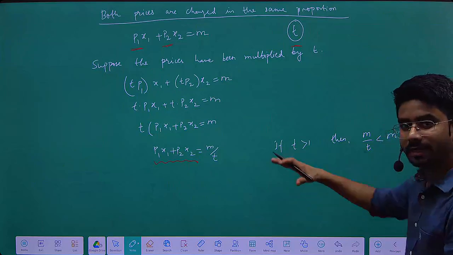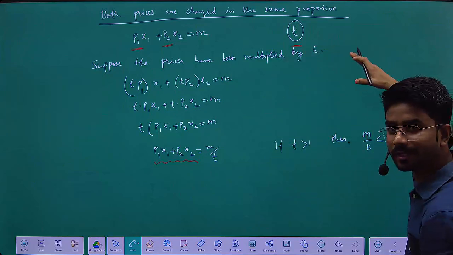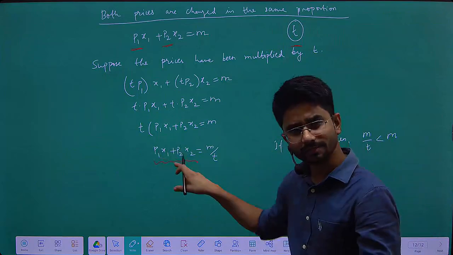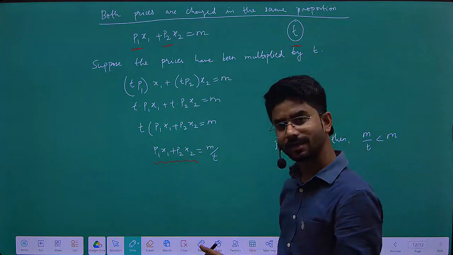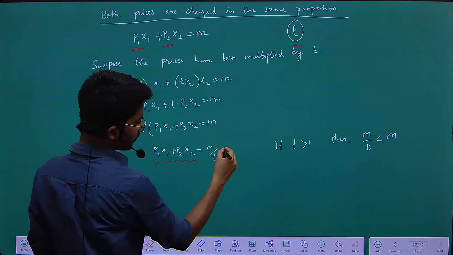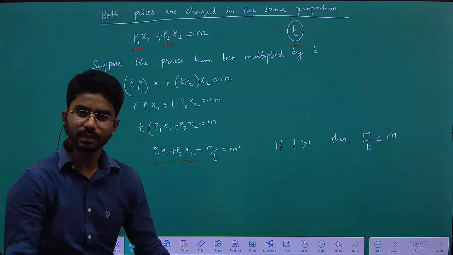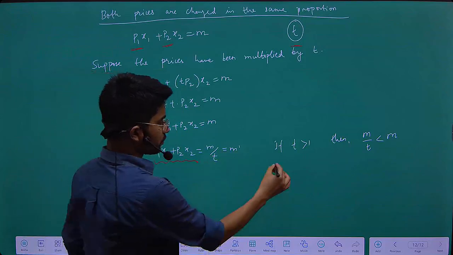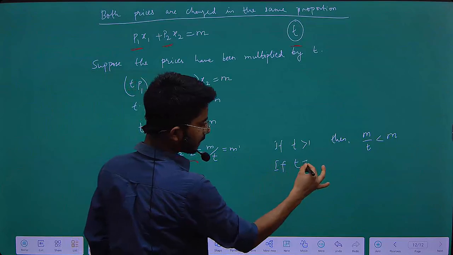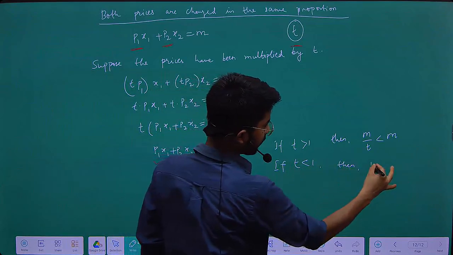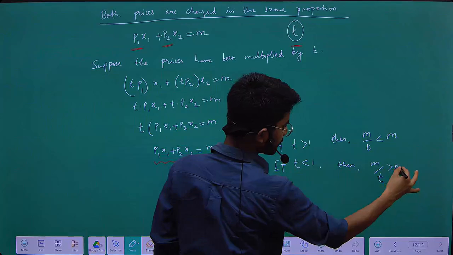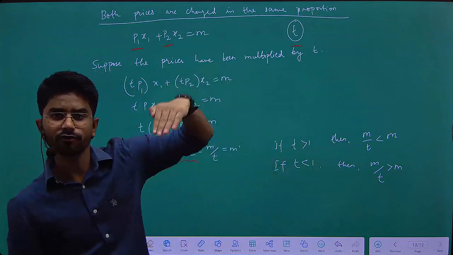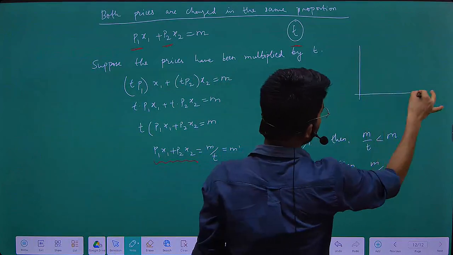So there would be shift of the budget line inward, and that would be parallel shift. क्यों? क्योंकि यहाँ P1 P2 तो सेम ही आ रहा ना, तो स्लोप बजट लाइन का क्या होगा, सेम ही रह जाएगा। इसको अगर आप मान लो M डैश ले लो, यानी कि नया इनकम है। ठीक है। नाउ सपोज if you have T less than 1, then you have M upon T greater than M। यानी कि इसमें क्या हुआ, आपका बजट लाइन आउटवर्ड शिफ्ट हो गया पैरेलली।